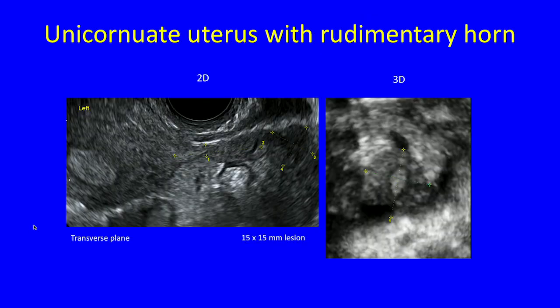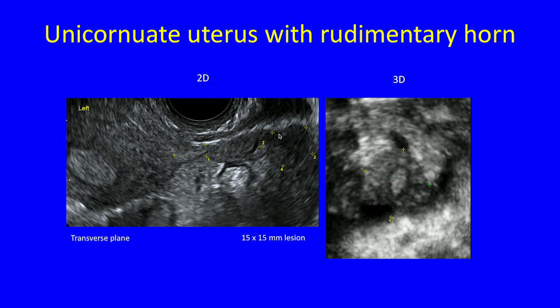As I said, when you find a unicornuate uterus, you need to look for a rudimentary horn. This is a transverse plane, and this one was on the left, so I'm looking the other way, and I found a little nub in there, which could have been ovary, but it wasn't, because the ovary was seen entirely separately. So tracking it back, there was some kind of communication, but it wasn't until we rendered